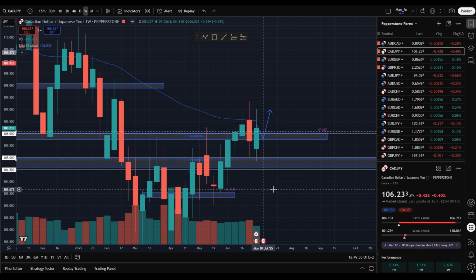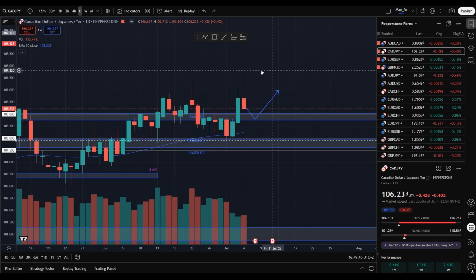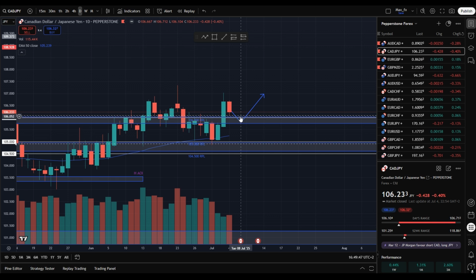You can see here we had even this breakout of this weekly inverse head and shoulders pattern here with this neckline, and price started pushing. This was essentially the retest. We have the rejection now and leaving the wick. So now I'm just waiting for price to come back into the area, even this round psychological level, the 106 round